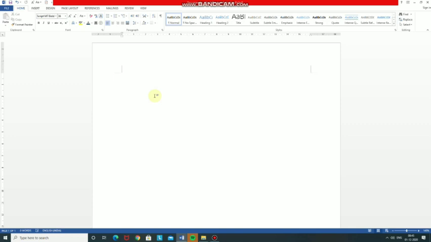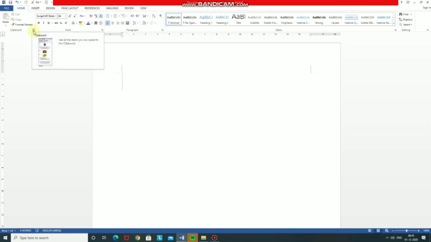First is Dialog Box Launcher. The Dialog Box Launcher is a small icon that appears in some groups. If we click this icon, a dialog box appears related to the group. It has more options related to the group that you can select as per your choice. You can see here in the clipboard group, it is here.